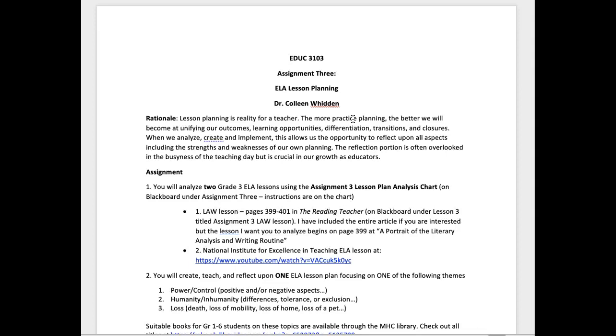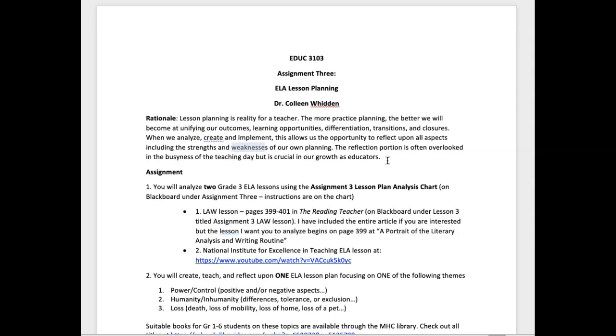When we analyze, create, and implement, this allows us the opportunity to reflect upon all aspects, including the strengths and weaknesses of our own planning, right? We all have strengths and weaknesses in our planning, and what we want to do is try to find our strengths and then utilize those more than our weaknesses. The reflection portion is often overlooked in the busyness of the teaching day, but it is crucial in our growth